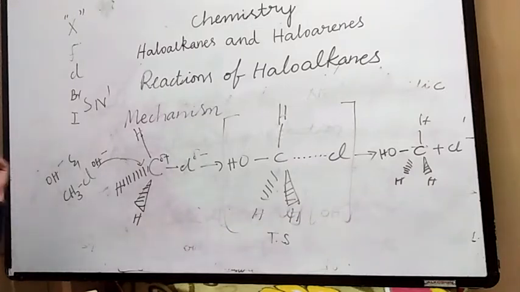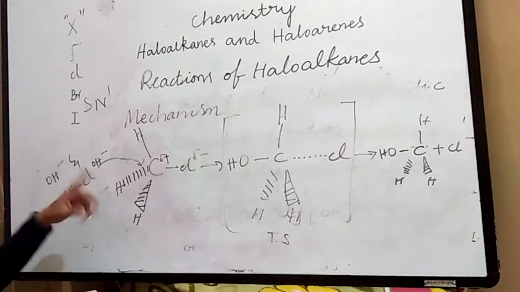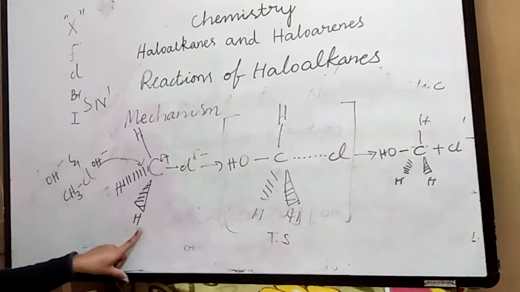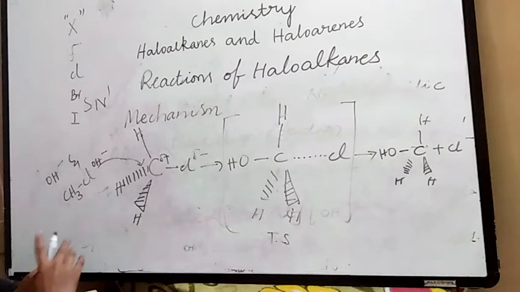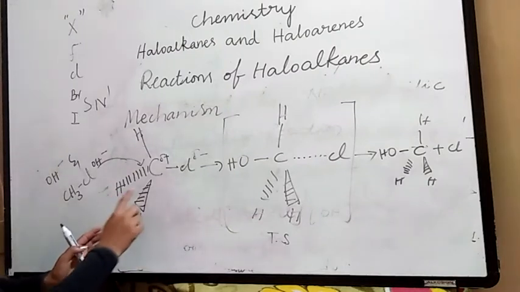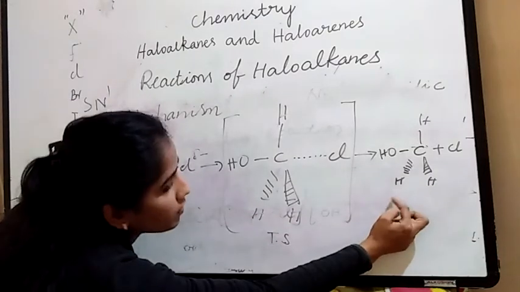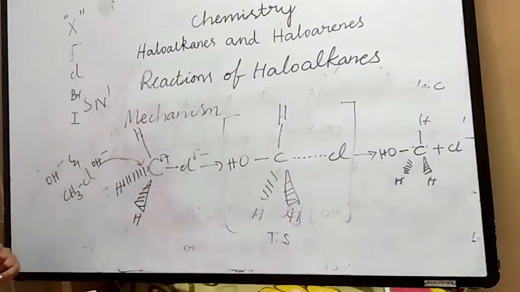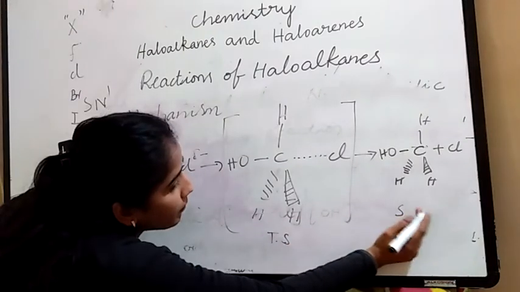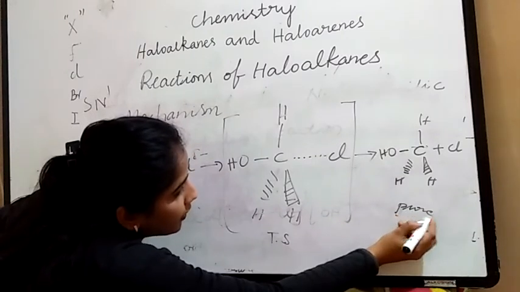See here, in the SN1 reaction, a racemic mixture is formed, but in SN2 the inversion of configuration has taken place, right? See here, I am taking the hydrogens like this. Here the configuration is fully inverted. So 100% inversion of configuration takes place in the SN2 mechanism, but in SN1 only 50%. That's why the racemic mixture is formed in the SN1 reaction. 100% means this is a pure compound. Okay, this is a pure compound.